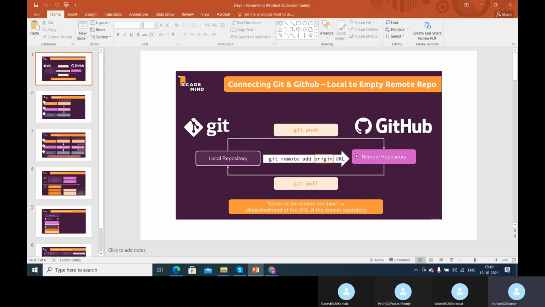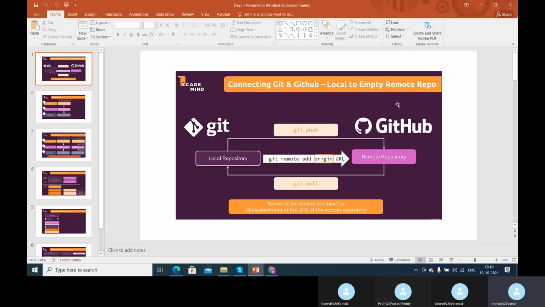So here the remote repository is GitHub, and the local repository that we are working on, the version control that we are using, is Git. So as we already discussed, Git is a separate software and GitHub is a separate tool. It's a service provider, I mean to say cloud service provider, but there is a strong connection established between Git and GitHub, because the feasibility of establishing a connection between GitHub and Git is very strong. That's the reason we think it's a combined tool.